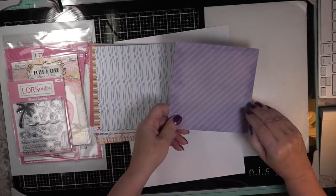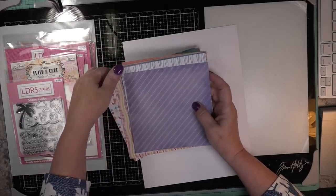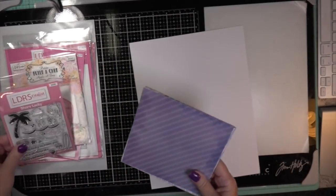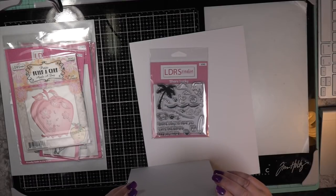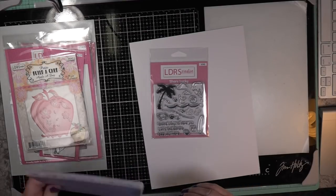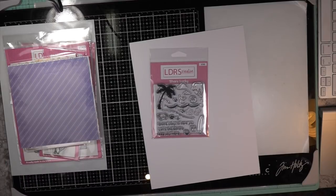Look at the paper line in here. And you know I always talk about Little Darling Rubber Stamp Creative 6x6 paper pads are beautiful. Now I did a canvas for you before I got sick also to match this beautiful Stamps and Dies